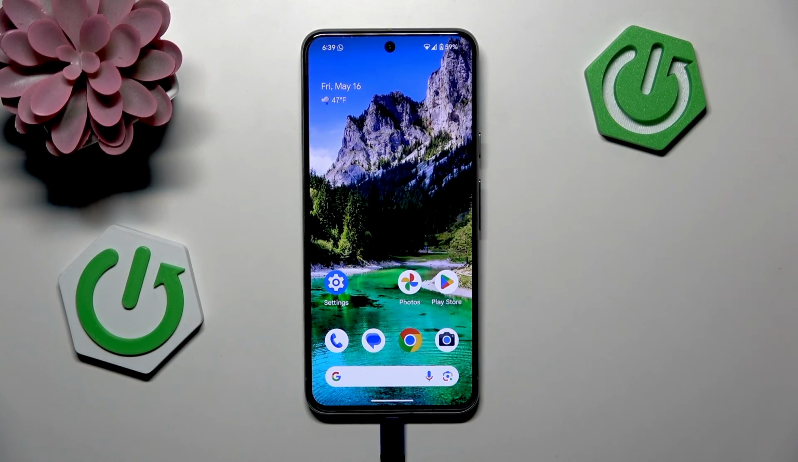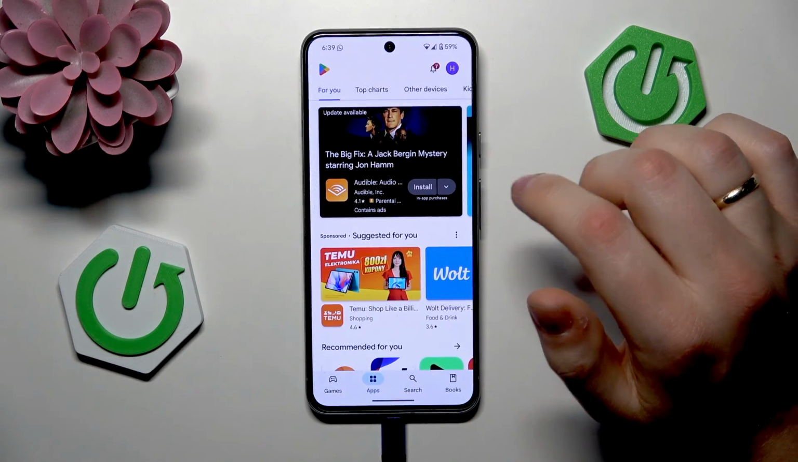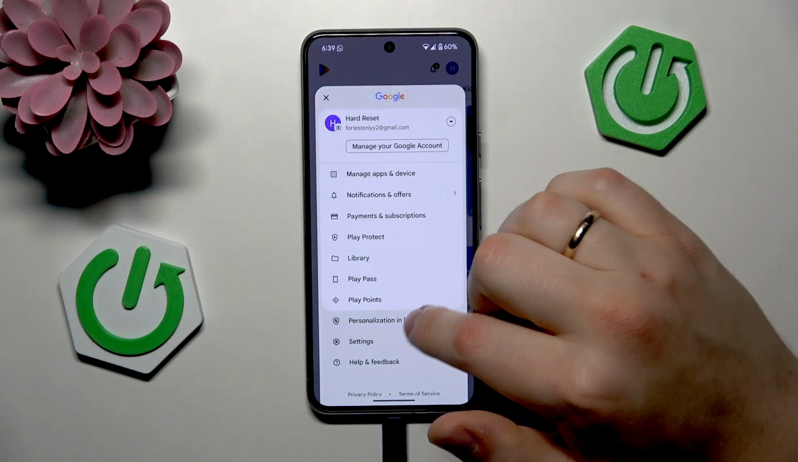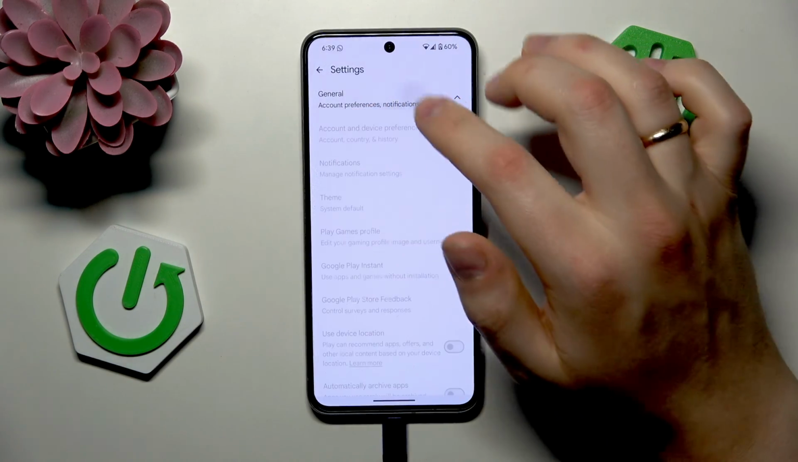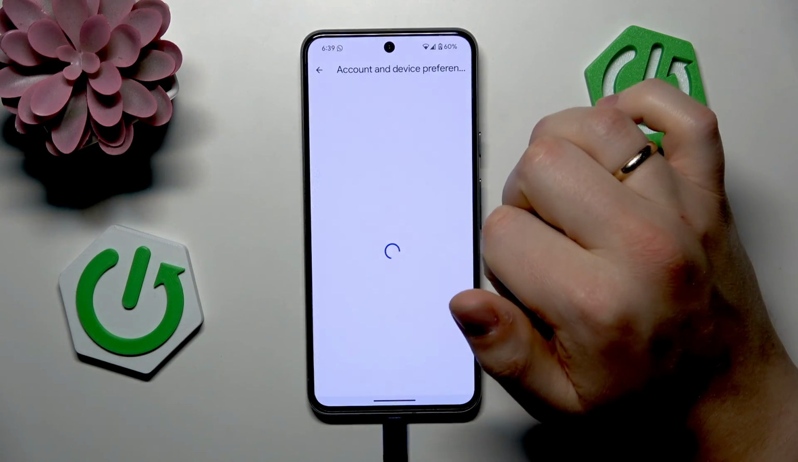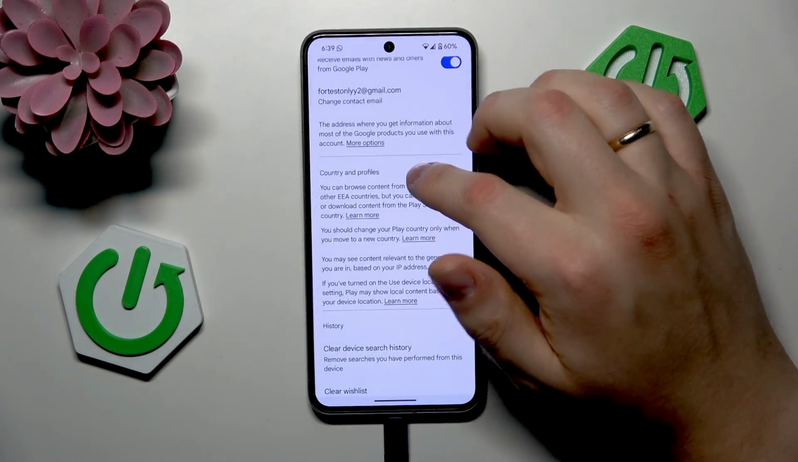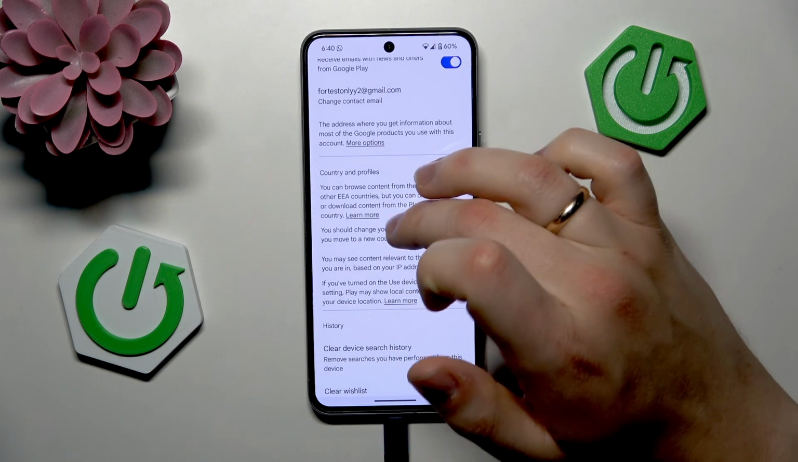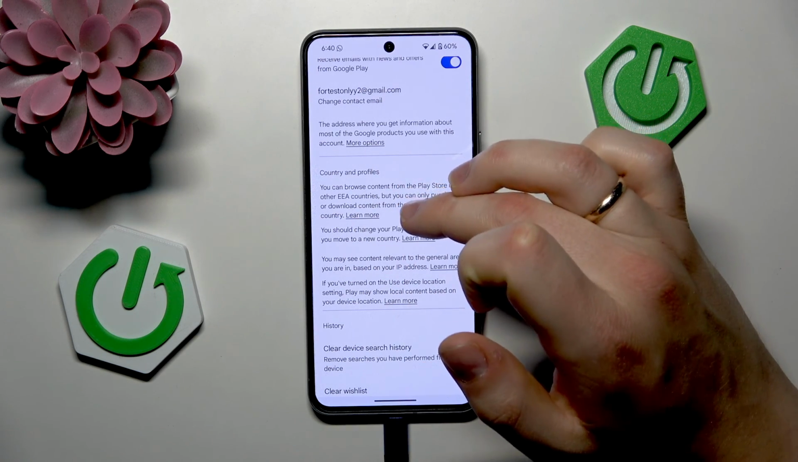So to start, you will need to find and launch the Play Store app. Now look to your top right and tap on your profile picture. Next, go into Settings, select the General section, and from here go into Account and Device Preferences, or just an Account section. Now under the Country and Profiles, you should have the option to proceed with changing the country or